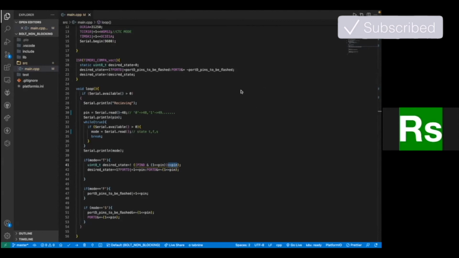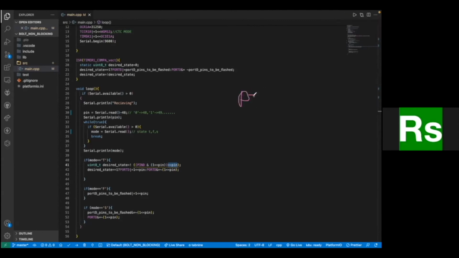Basically, I said that the PIND register contains the state of the pins, whether they are high or low. Just like you do with digitalRead, this is where the values are stored. So let's say pin number 7 is low, 6 is high, and the rest are all high. 1, 2, 3, 4, 5, 6, 7, 8. Right. So let's say all these pins are high. This is what the PIND register stored. It stores the state, whether the pin is high or low.